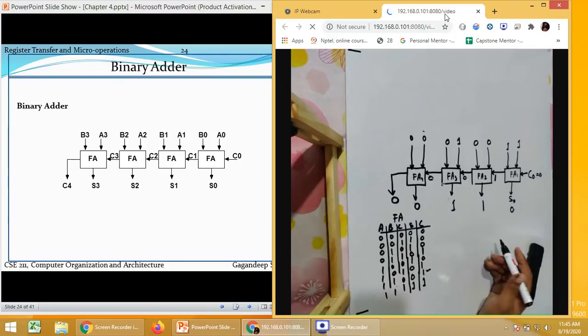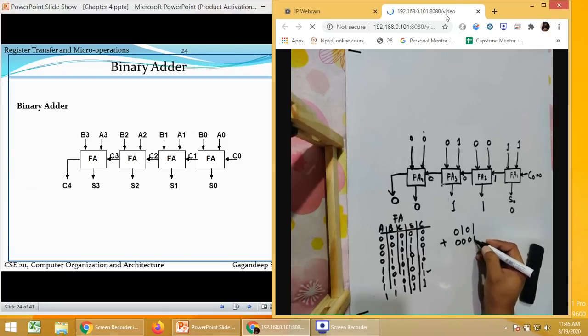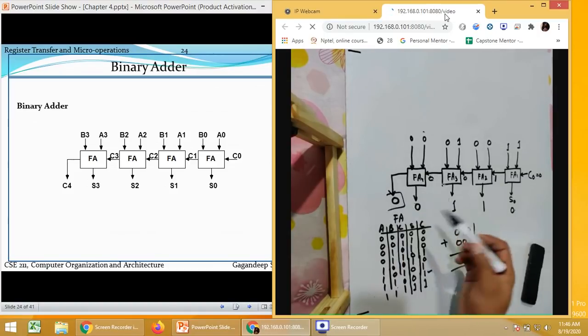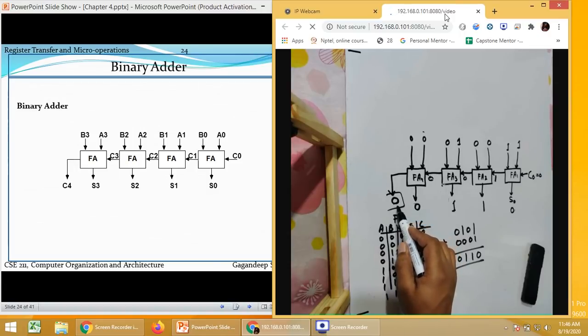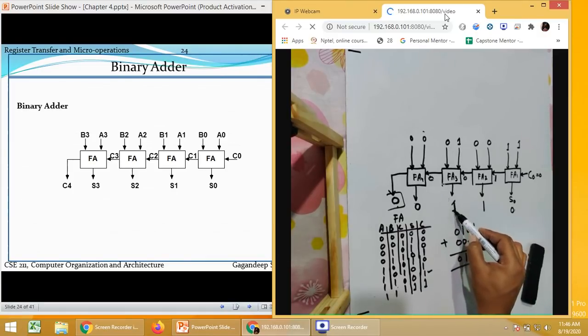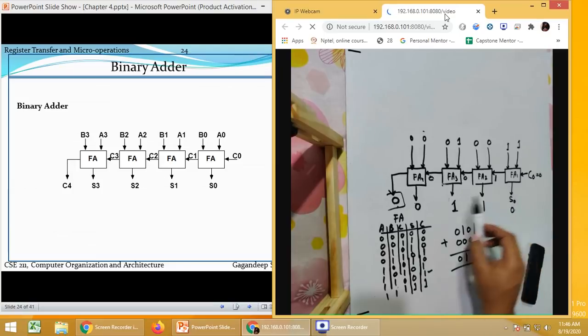So now if we add the same values which we did earlier, like what was the question? Was A 0 1 0 plus 0 0 0 1. So 1 plus 1 is 0, then carry 1, which is here, then 1, then 0. Now if you check, you can neglect this value because this is a carry. Even if we calculate it, it is not going to make any difference. So the answer which we are getting, like a normal add which we do for binary, we are going to get the same output. So this is how your normal addition is implemented in the case of a circuit.